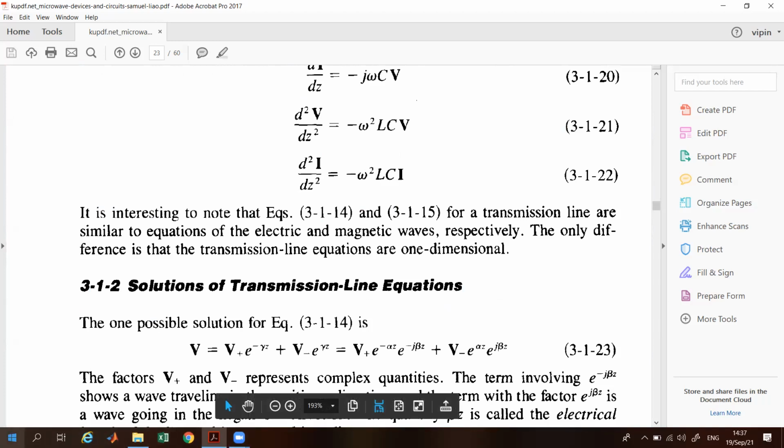Now, if you want to find the solution of the transmission line equations,